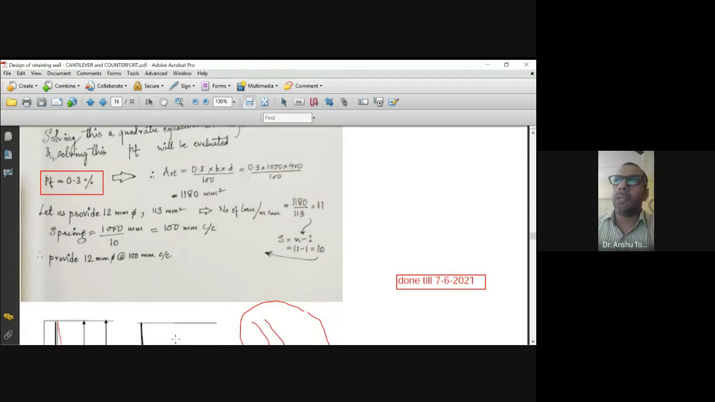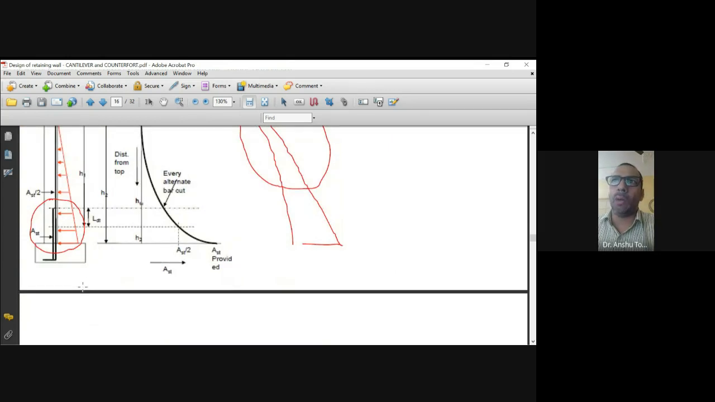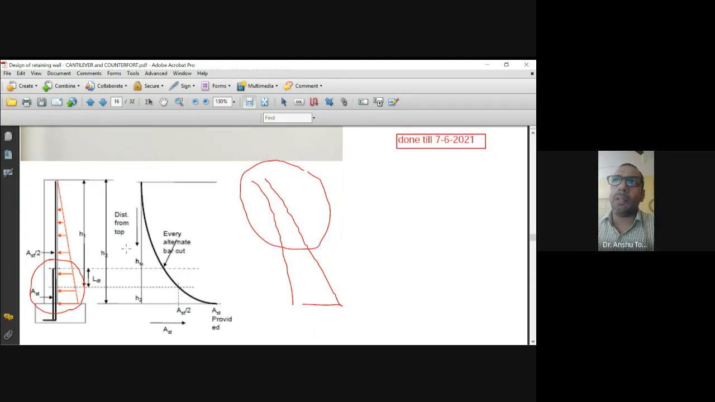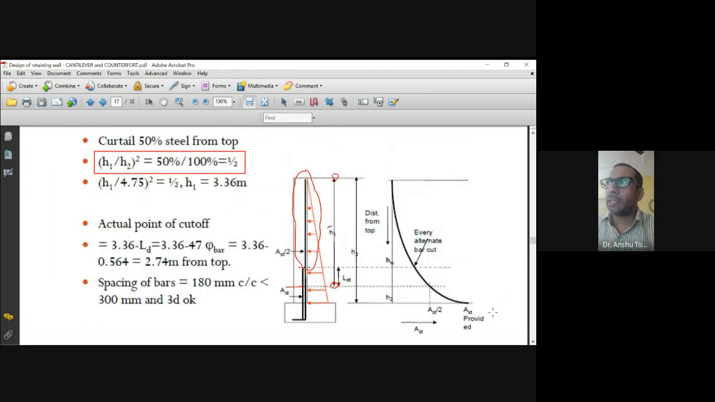Here we have taken 12 mm dia bar as a main reinforcement for the stem at the spacing of 100 mm center to center, which is going to run from here to here only, and you are going to curtail every alternate bar at a distance of 3.36 meter from top. That means till here. That means the spacing will become 12 mm dia bars at the spacing of 200 mm center to center. But